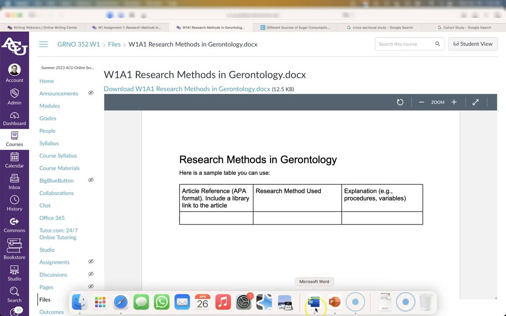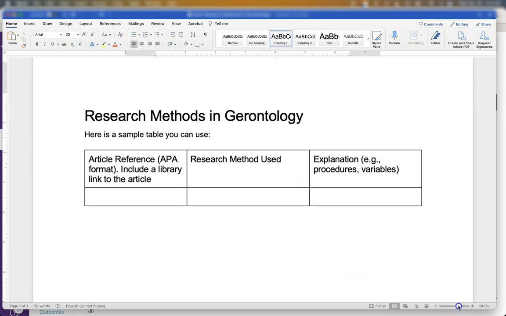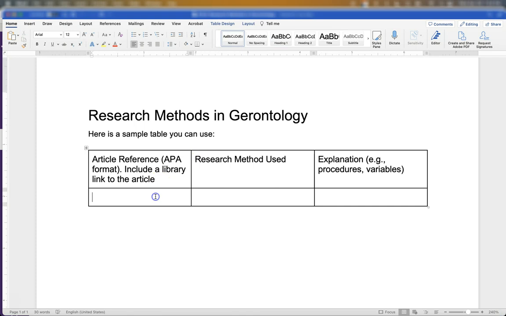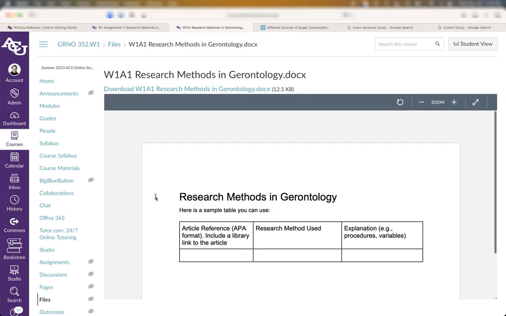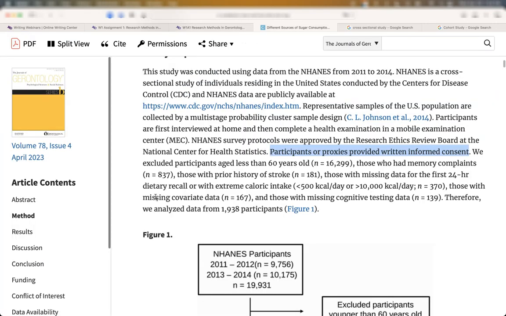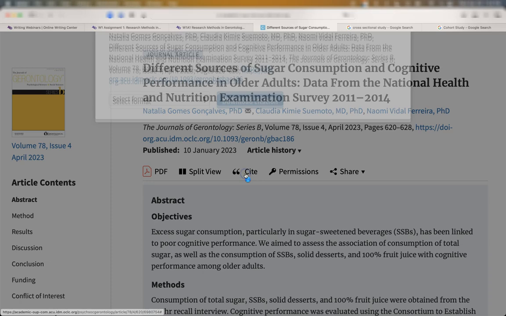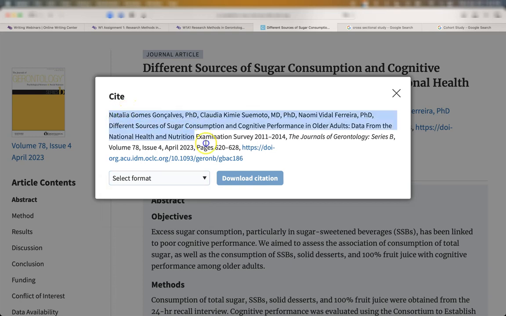In fact, let's go ahead and grab that. So I have downloaded this file here, and if we're looking at it, we see, okay, article reference format. Well, if we go back to the article here, at the top we have the Cite button. So click on that, and it lets us select the format. That's for downloading it. You could copy and paste it here. That will get you the information, but it's not an APA